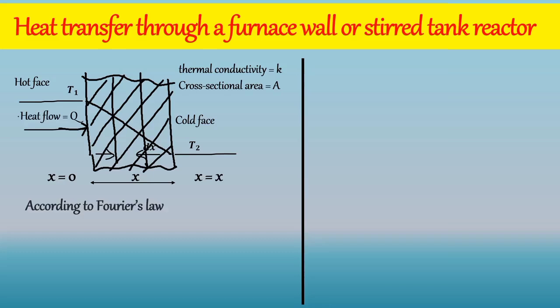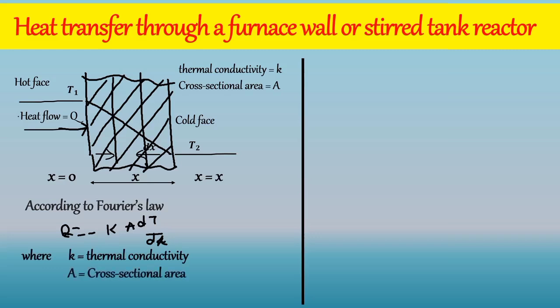According to Fourier's law, we know that the rate of heat flow by conduction through a uniform material is directly proportional to the area normal to the direction of the heat flow and the temperature gradient in the direction of the heat flow. Mathematically, Fourier's law of heat conduction for steady-state heat flow is given by Q equals minus K A dT by dx, where K is the thermal conductivity, A is the area normal to the direction of heat flow in meter square,